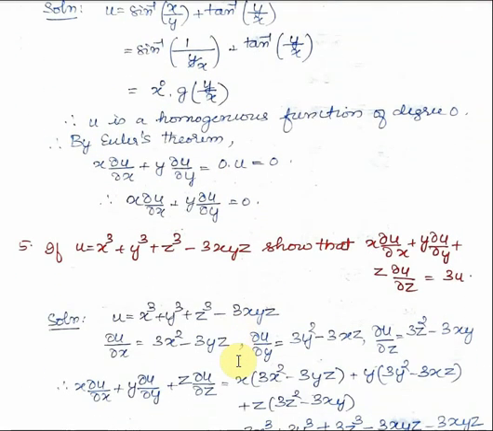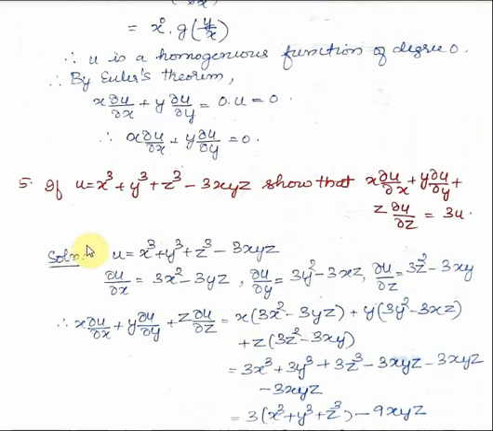Now this fifth problem, I will leave it to you. U is a function of 3 variables, and this looks like Euler's theorem for 3 variables. So you can either do it directly. This is the first part I have done directly. Take u. I want dou u by dou x, dou u by dou y, and dou u by dou z. So all the 3 derivatives I have done, and then x dou u by dou x plus y dou u by dou y plus z dou u by dou z is equal to, simplify,